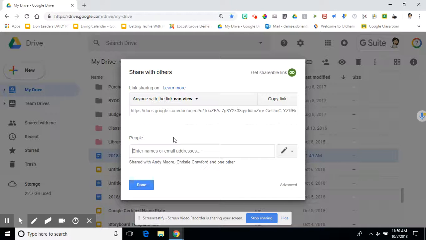So I would use the link if I was going to be sharing it out through email to all my parents or to the school community. But if I was just sharing this with individual people, I would do this share link. And then as long as they are somebody that's within most Oldham County schools or Kentucky schools, if you start typing their name,